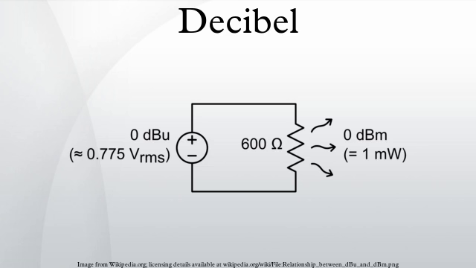Audio electronics. dBm, decibel, milliwatt, a unit of power relative to 1 milliwatt. In audio and telephony, dBm is typically referenced relative to a 600 ohm impedance, while in radio frequency work dBm is typically referenced relative to a 50 ohm impedance. dBFS, decibel, full scale, the amplitude of a signal compared with the maximum which a device can handle